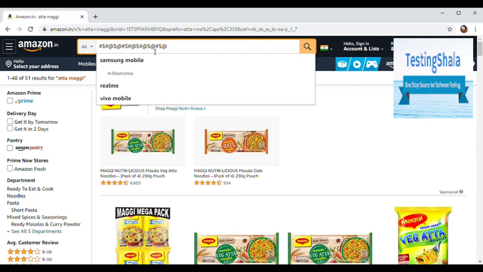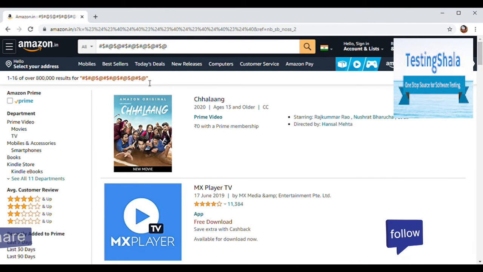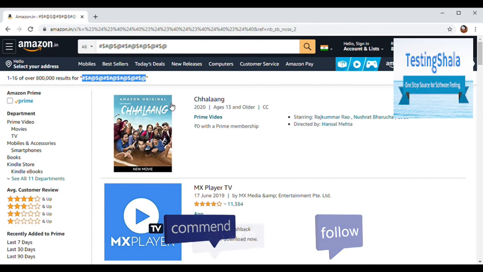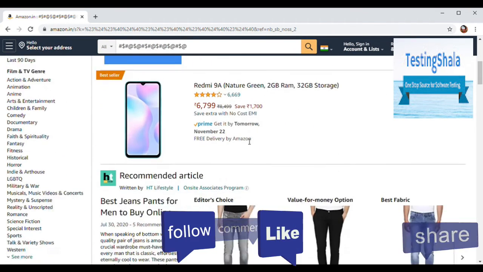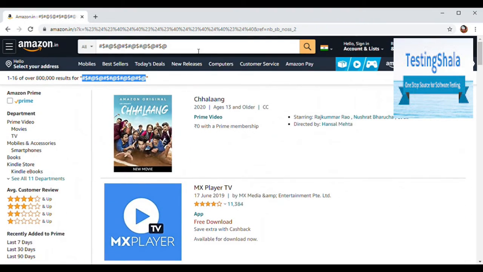Now let's say I'm trying to enter some junk value, that we'll also try. This is our junk value. Now let's enter. Now what it should say? It is trying to search so many things using these characters. I don't know where it is picking from, which is totally incorrect, because I entered a junk value. It should say I do not find this value, but I am seeing around 8 lakh products, which is not a right test case.